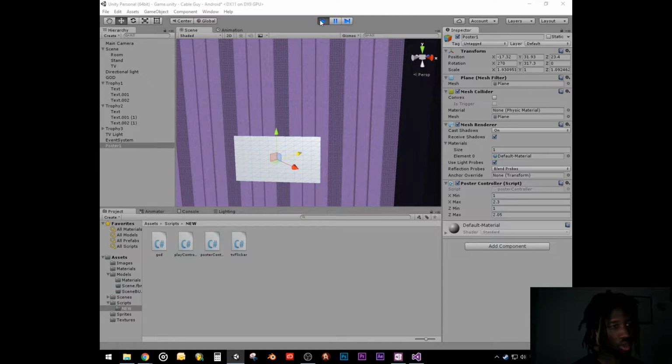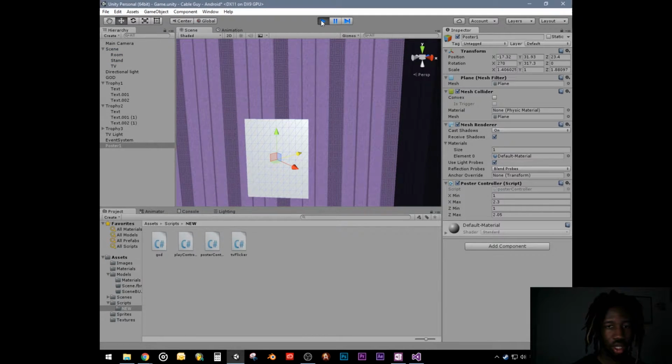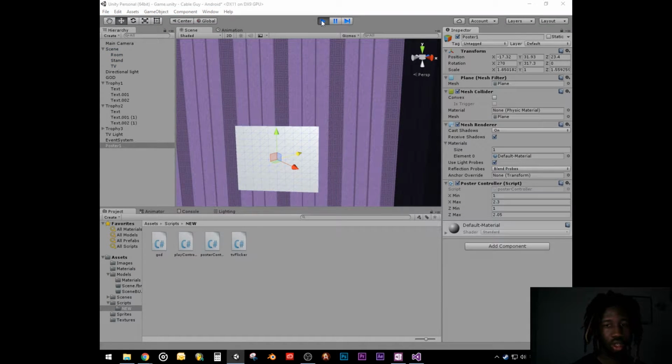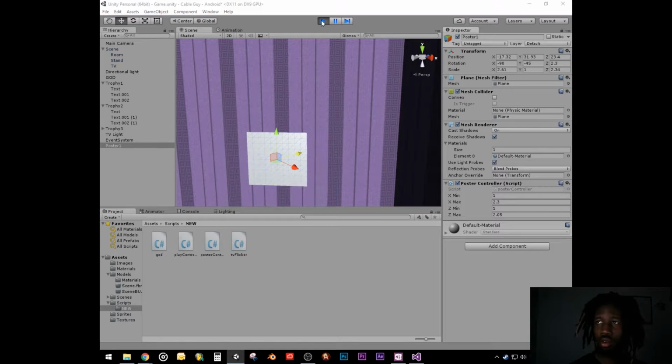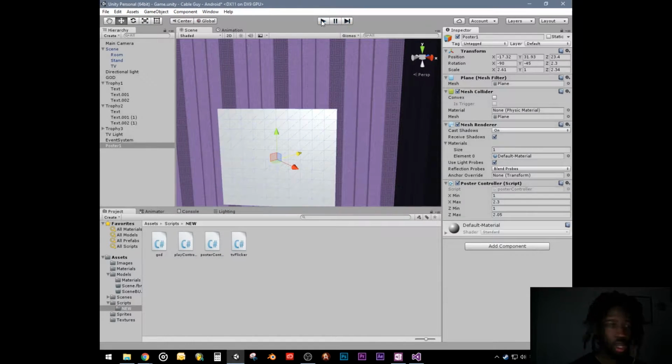Alright guys, I think that we got it. Yep, so it's a random size again. It's very cool. Random size again. Okay, sweet. So now you're probably thinking, what is the point of a random size poster, right? Well, what we're going to do